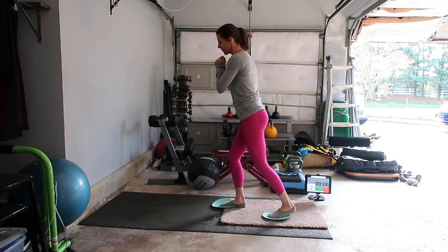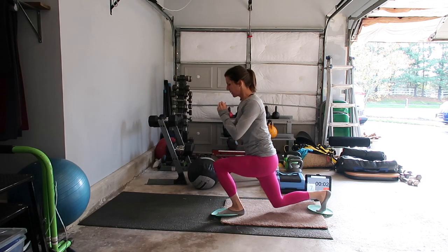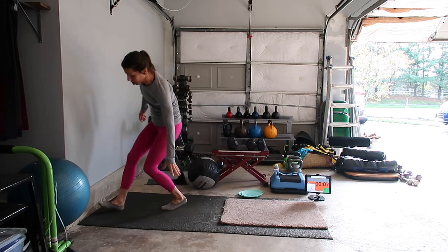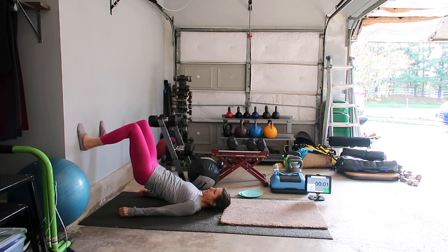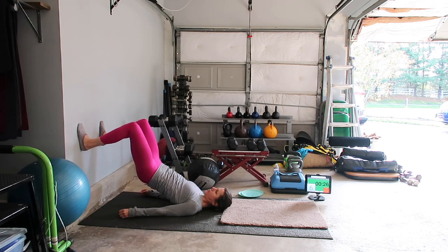We're going to do glute raises with our feet up against the wall. So I am going to move these over. 10 seconds to set up. Feet up on the wall. We're going to raise our glutes up and down to warm them up. So not a crazy,